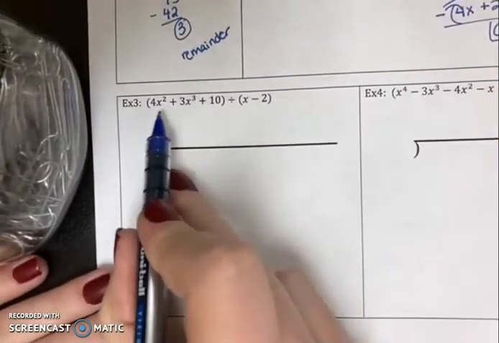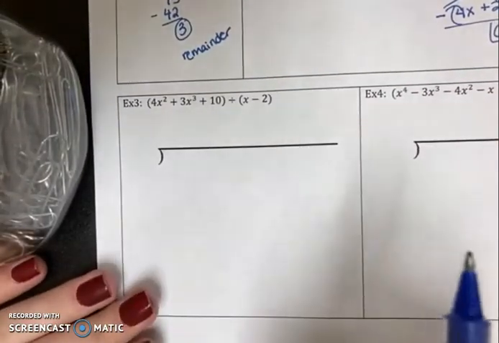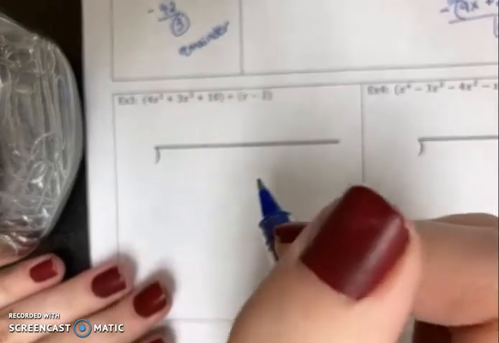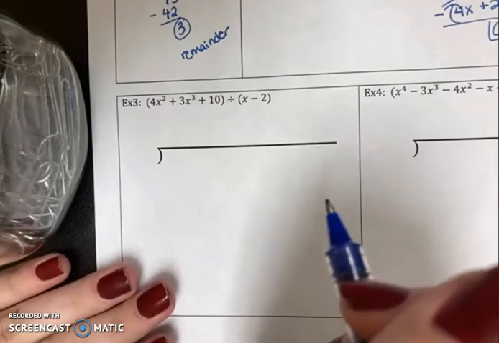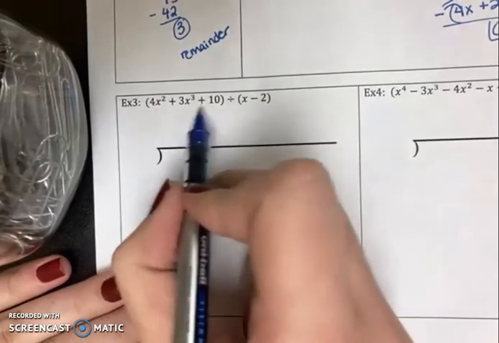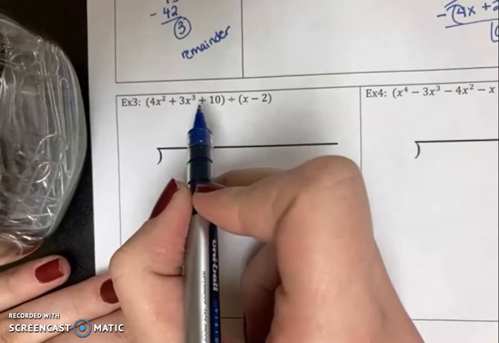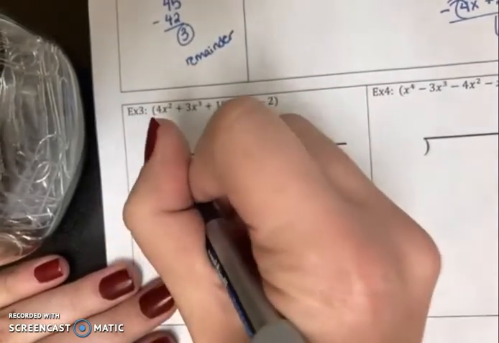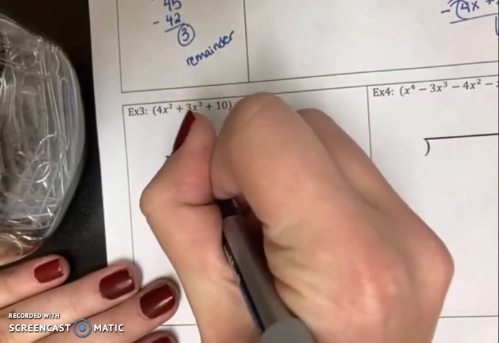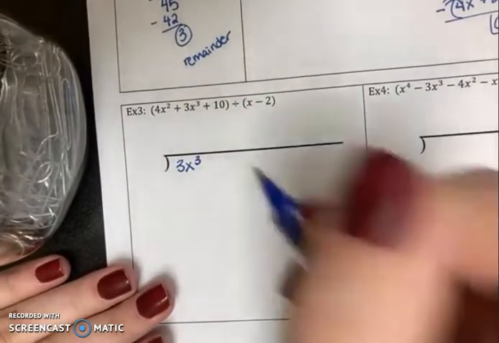Okay, so the first parenthesis is going to be our dividend. Remember, we need to make sure it is written in standard form, so highest to lowest power, and in this case, it is not written in standard form. So I'm going to rewrite it as 3x cubed plus